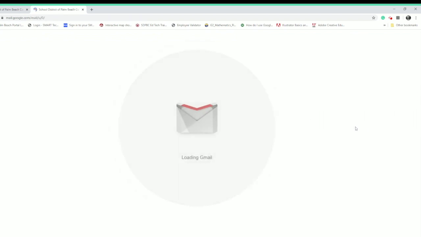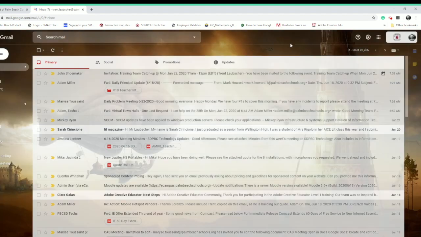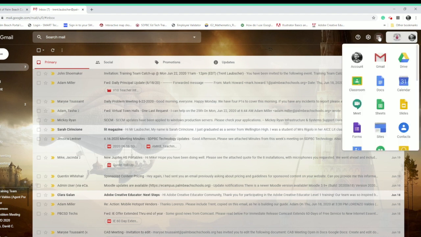Now, once this happens, it'll bring up Gmail. You'll see the little loading icon, and then that automatically signs me into Google, where voila, I can see the app selector here in the top right-hand corner. And from here, I have this menu of shortcuts that I can use to access any of my G Suite